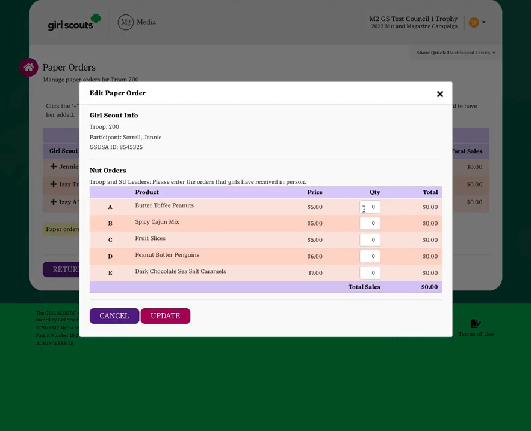and then enter the products for that Girl Scout by product variety in total units sold. So the cumulative total for each product variety. Her sales total and count will update, and then once you click the update button, that information will be saved